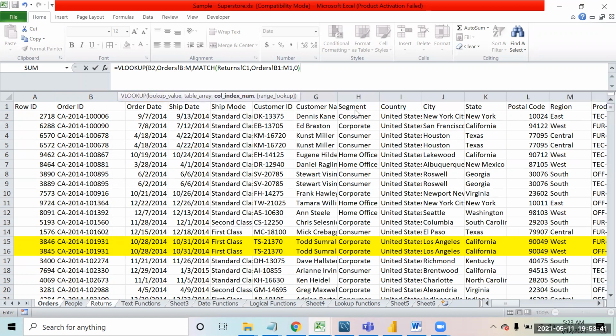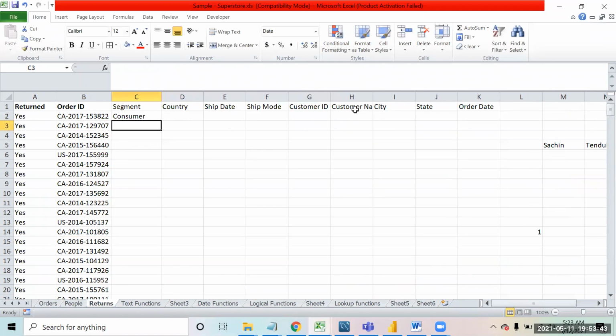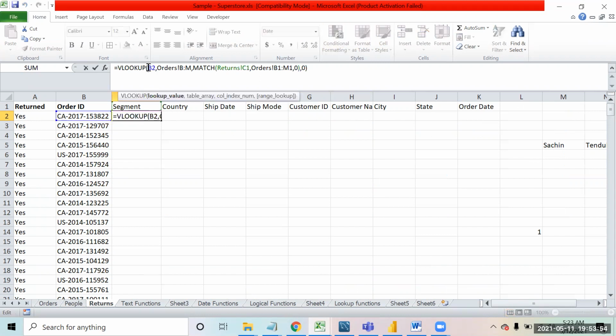And I'll put comma 0. And that's it. See, I get it. Now I just have to make sure that I freeze the things so that my formula works properly. So I'll freeze the column of B2, right? I'll freeze this range so that it doesn't change. In the MATCH, I have to make sure that the row should not change.